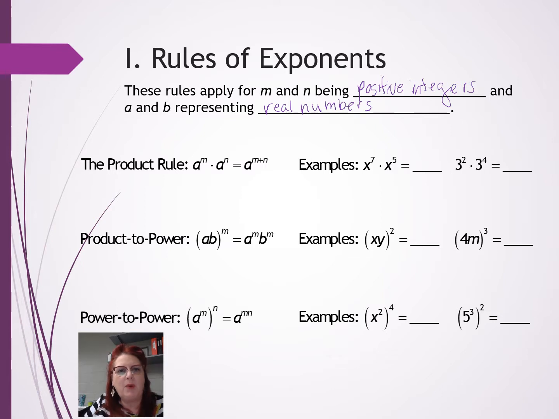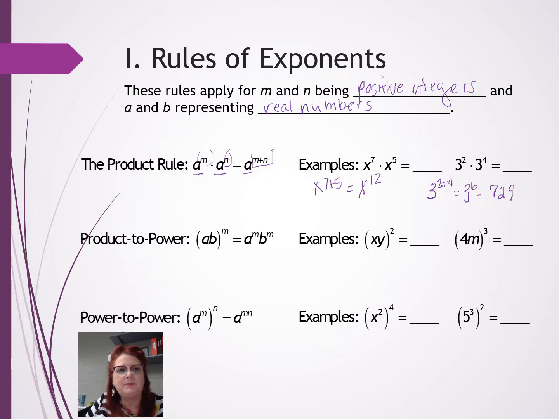So when we have the product rule, we have the same base being raised to exponents. When we combine them, we keep that base and we add the exponents. So x to the 7th times x to the 5th is going to be x to the 7th plus 5, or x to the 12th. 3 squared times 3 to the 4th is going to be 3 to the 2 plus 4, or 3 to the 6th. Now we can evaluate that and we get